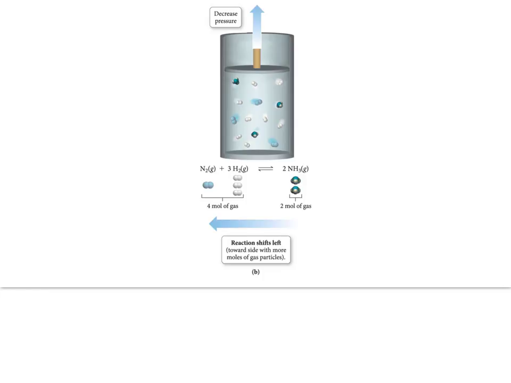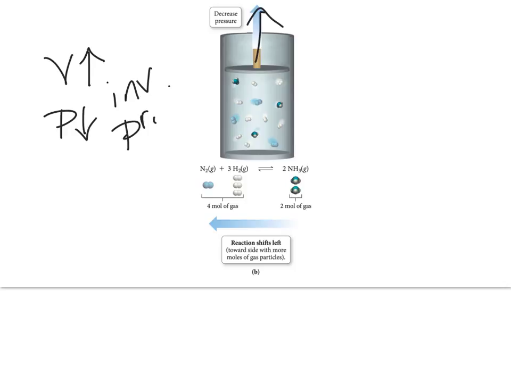Right here is the other circumstance looking at this same reaction. Again, we've got this movable piston, okay, and so this time we're increasing volume. Volume's going up, and so pressure is decreasing. They are inversely proportionate. Right, so same thing, 4 moles of gas on the reactant side and 2 moles of gas on the product side. So because pressure is going down,